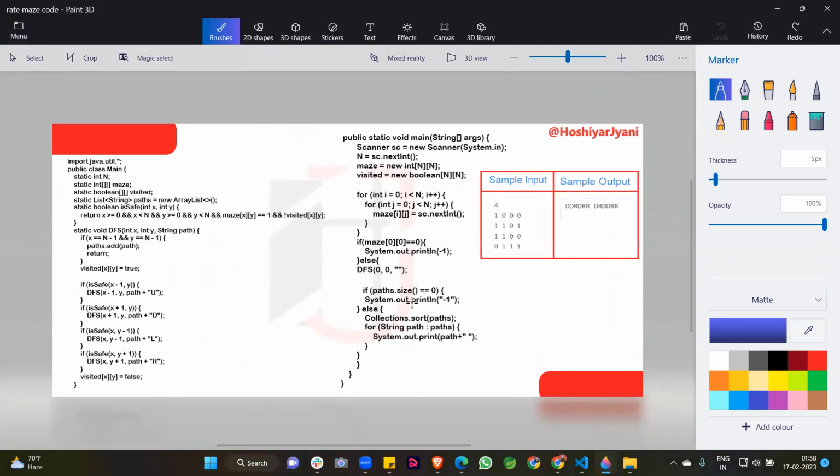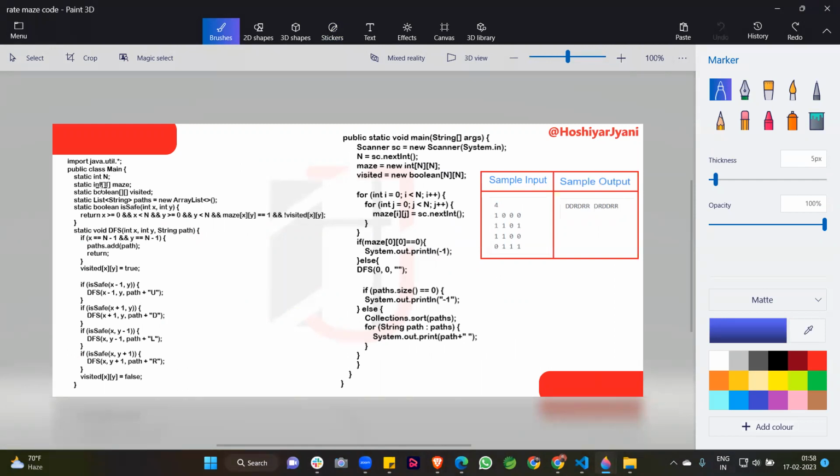So guys, here is the code. There are some methods and some matrices, and I created some more PPT slides for this explanation. First of all, we declare the n variable globally in the main class, because this is the public class Main.